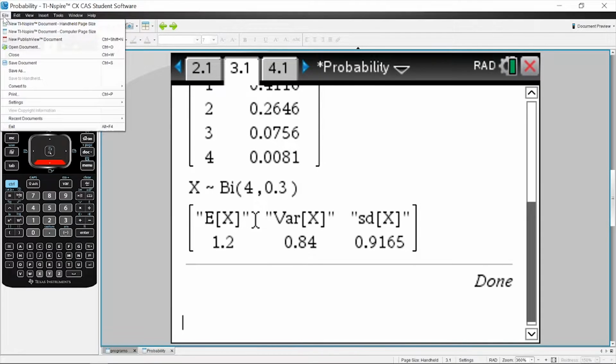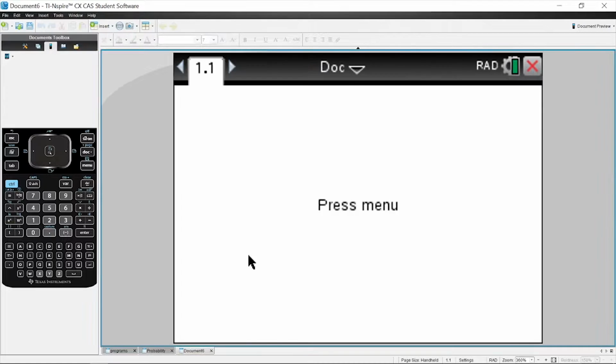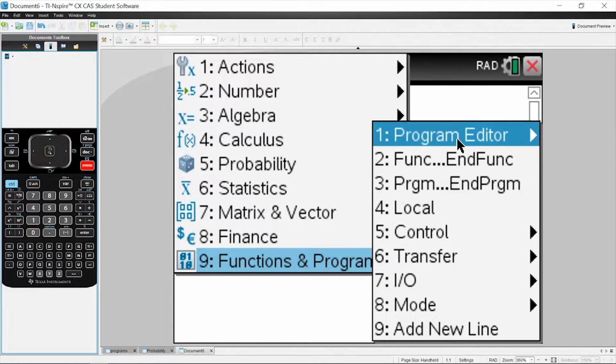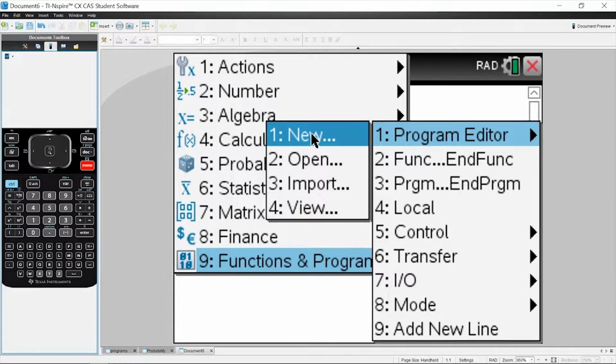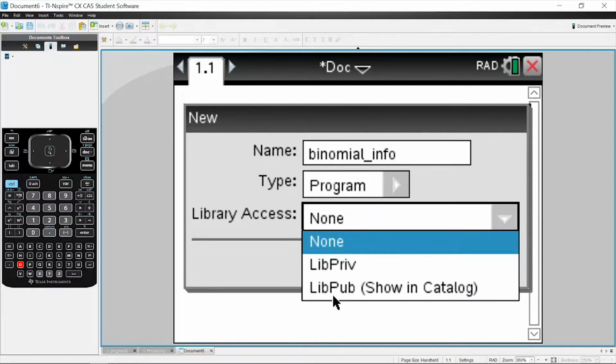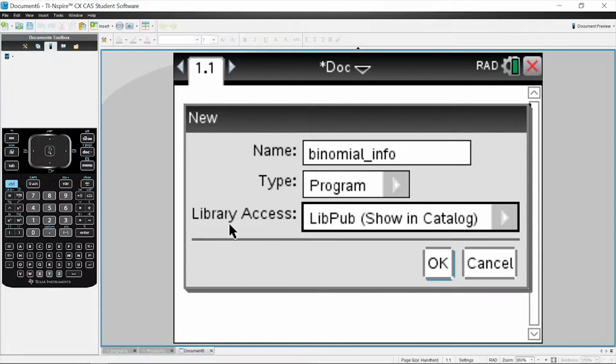So we're going to be starting from scratch. So let's open up a new document. So new document like so. I'm going to add a calculator page, and we're going to go ahead and go to menu, go to functions and programs, program editor, and we're going to open up a new program, and let's name this program something. Let's call it exactly what it was in the other document, binomial info, and later we might as well chuck this in the public library, so we might as well set the library access to libpub like so, and click